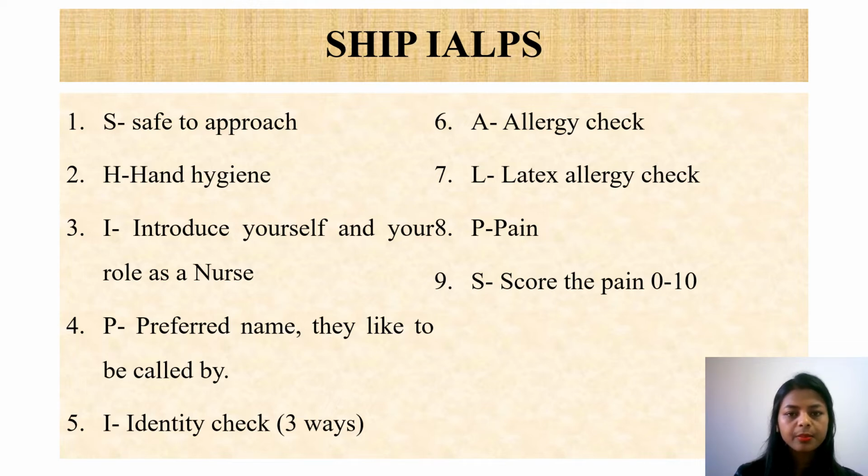Allergy. You have to ask the patient about allergies, whether the patient has an allergy to any drug, any food, any peanut or anything. If the patient has an allergy, then you have to check for the red wristband. If the patient has not got the red wristband and the patient is allergic to any drug, then you have to tell the patient that I will get the red wristband once I complete the assessment. Then you have to ask the patient about latex allergy,